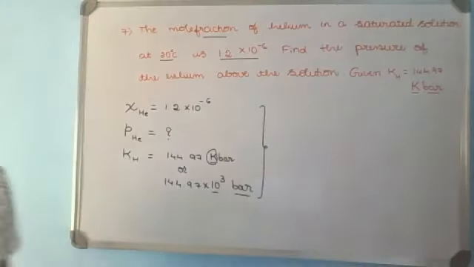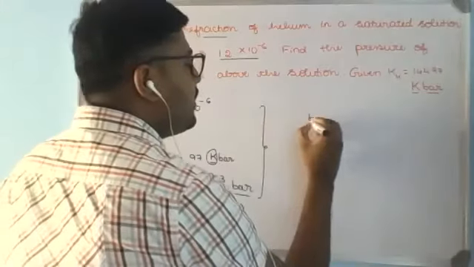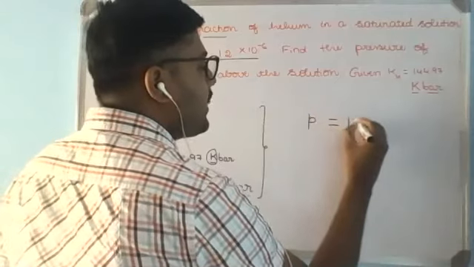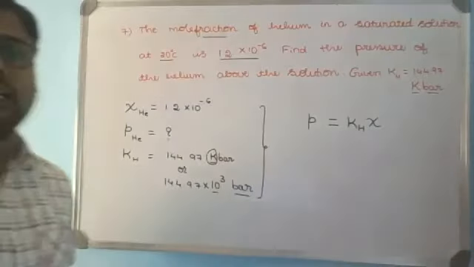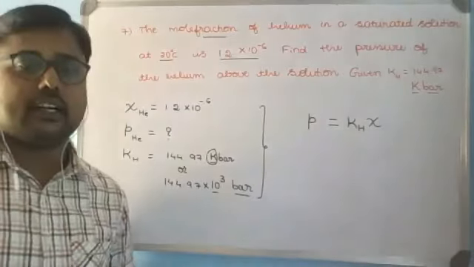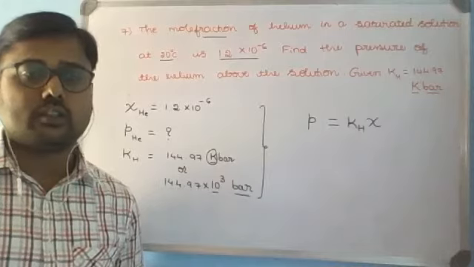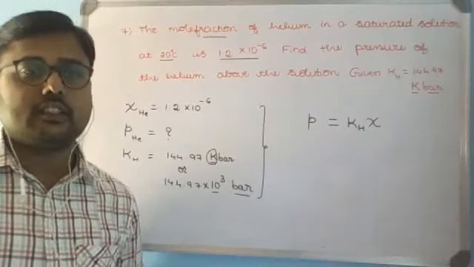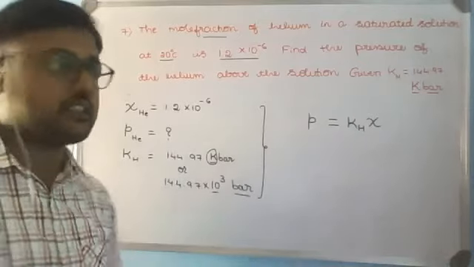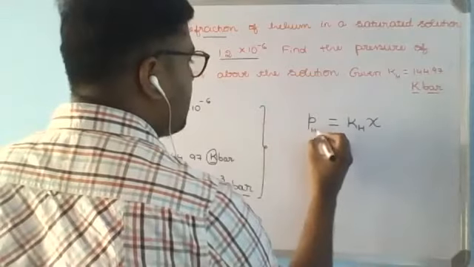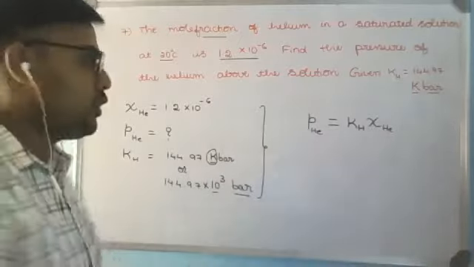So it's from Henry's law. Henry's law relates the parameters as P is equal to KH into mole fraction. That is, the solubility of a gas in a liquid at a given temperature is directly proportional to its mole fraction present in the solution, or the mole fraction of the gas present in the solution will be directly proportional to its partial pressure present above the surface of the liquid. As it is with respect to helium gas, if you want, you can specify this, otherwise it's not required.